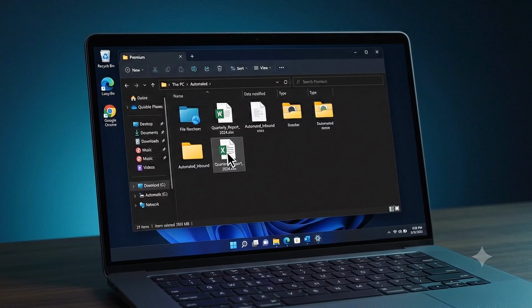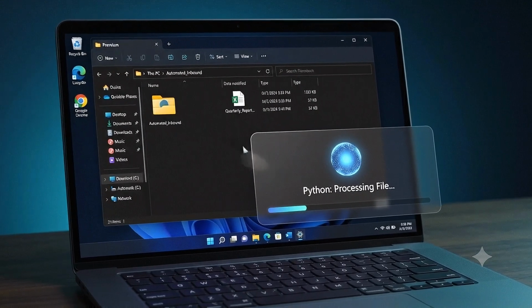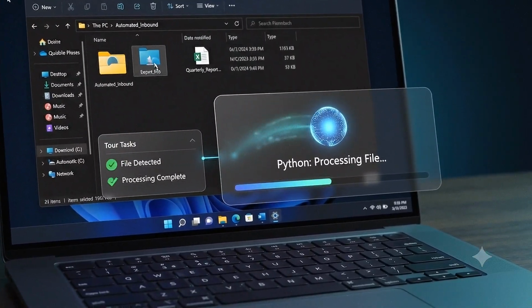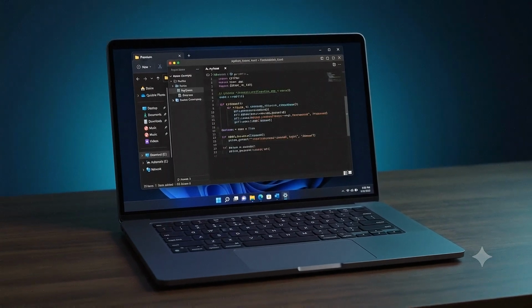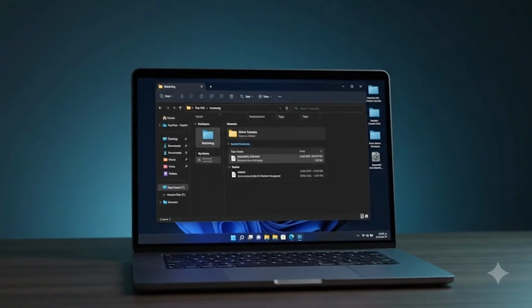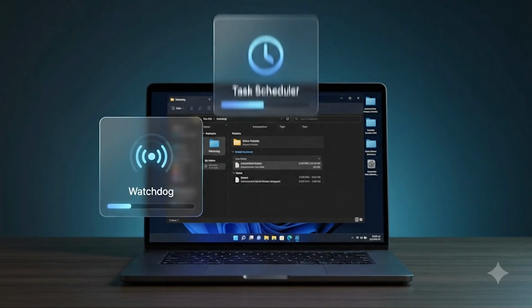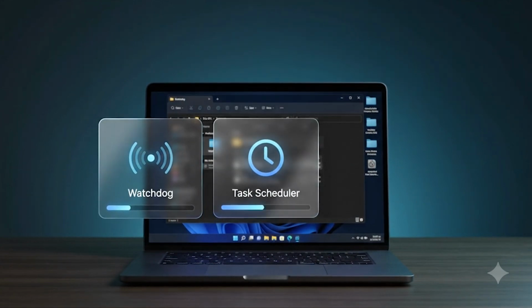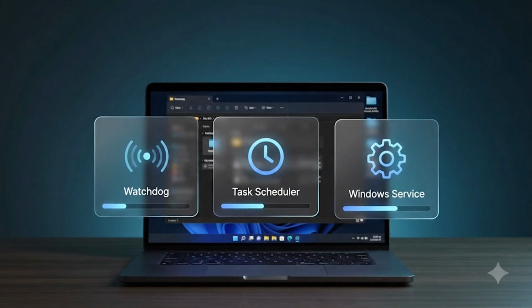Imagine you have a folder on your computer, and the moment someone drops a new Excel file into it, Python automatically detects it, processes it, and saves the output, all without you clicking a single button. There are several ways to build this kind of automation. We can use Watchdog for real-time monitoring, Windows Task Scheduler for scheduled processing, or even run it as a Windows